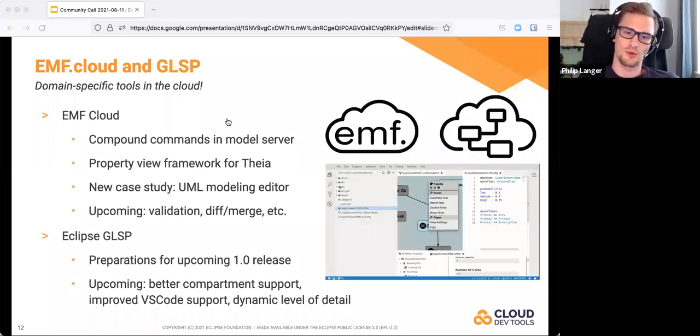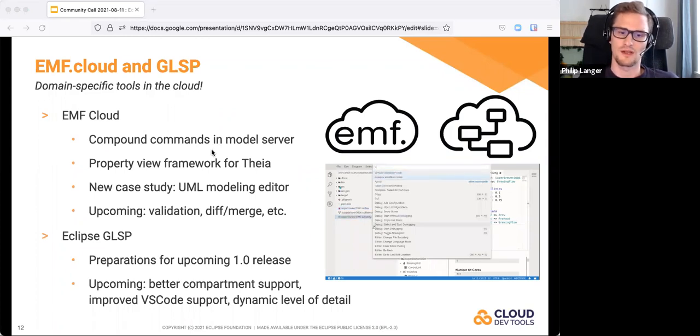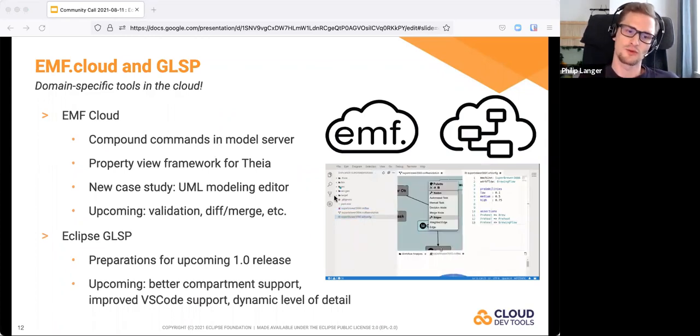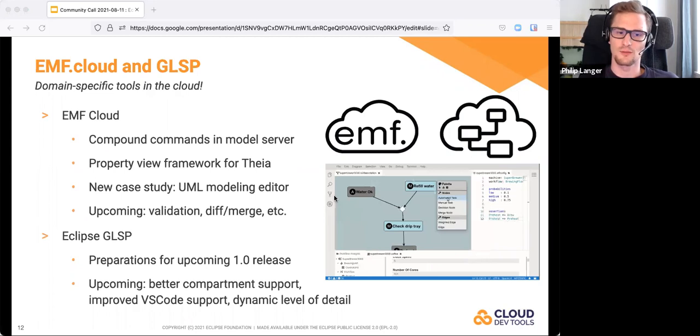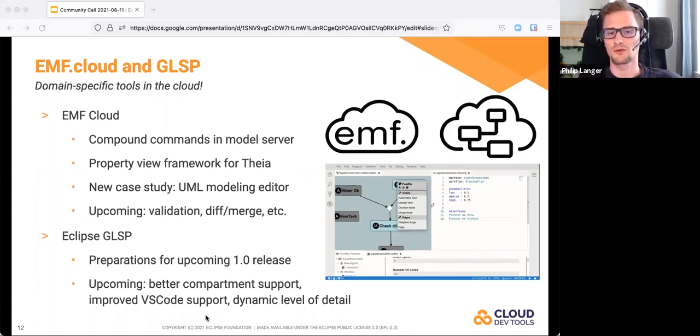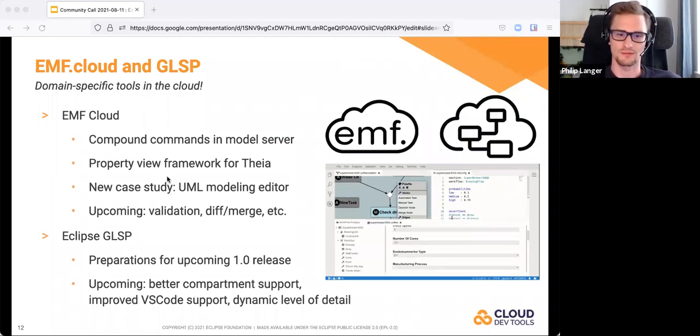So the model server is a component that runs in the backend, which manages the state of the underlying model that is shown in the different views in a modeling editor. And it not only can now encapsulate the runtime state of these models that are shared, but also can more or less centralize the implementation of compound commands, so that irrespective of whether you execute an action from a tree view or a diagram view, those don't have to be re-implemented, but can be shared in this backend model service.